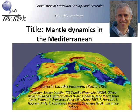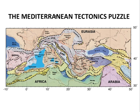The Mediterranean is considered a tectonic puzzle, and this is due to the fact that there are two main driving large plates, Africa or Nubia and Eurasia, that are approaching each other, and between them there are a number of microplates. We remind you of Adria, for example, Iberia, Anatolia, Aegea, and Arabia, and the boundary between these two big plates